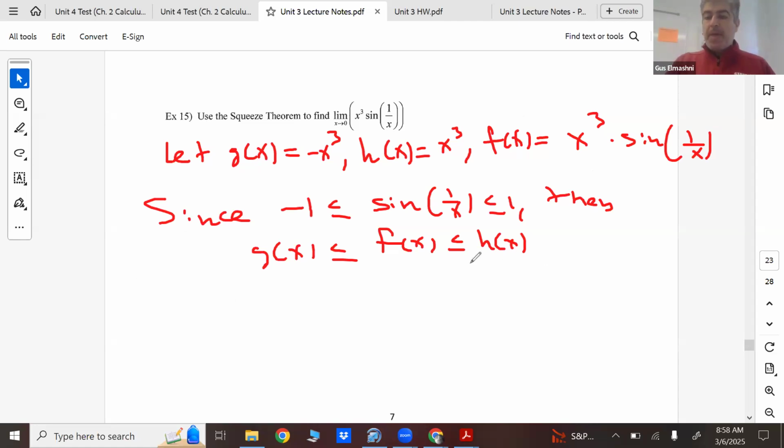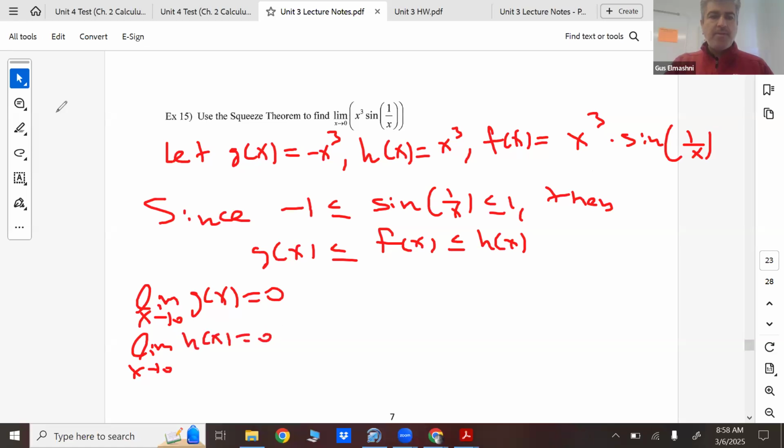So we have that. Then we could say the limit as x approaches 0 of g of x is 0. The limit as x approaches 0 of h of x is also 0. So then you could say, by the squeeze theorem,